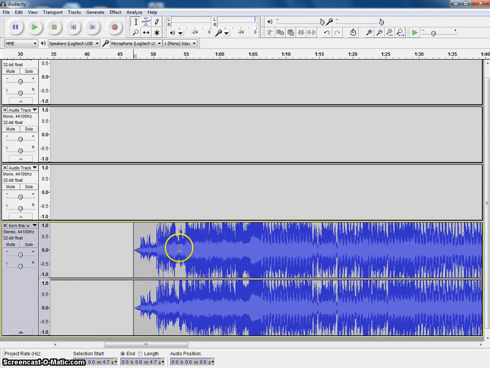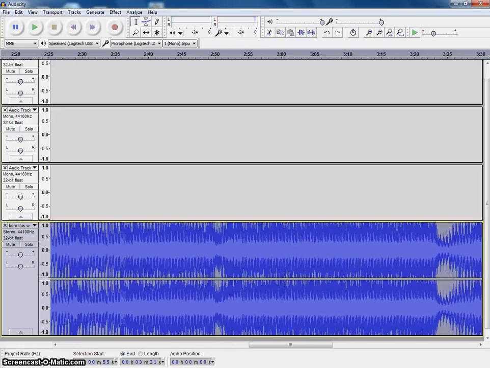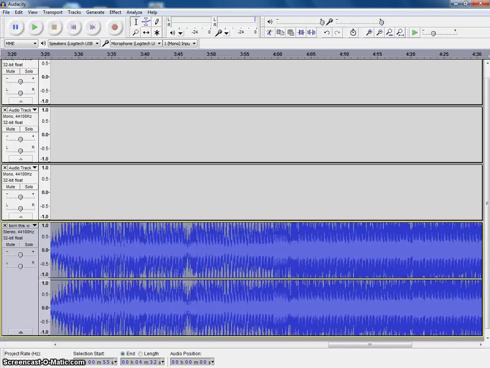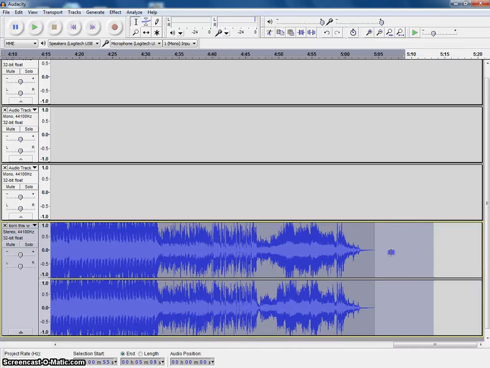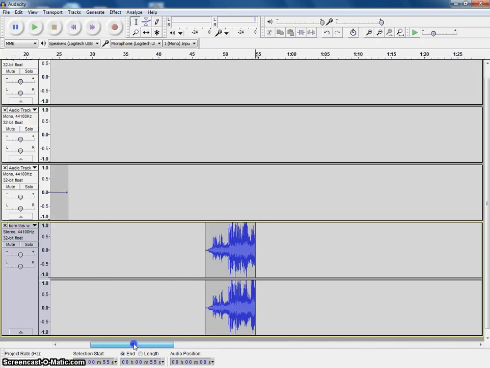So I'm going to highlight what I don't want. So let's say this is 15 seconds right here. So I'm going to highlight the rest of it. And then I'm going to delete it. So with it highlighted, hit delete. And now you go back. And then there's your 15 seconds. They've already got it faded in for you, so that's half the battle of knowing how to fade in and